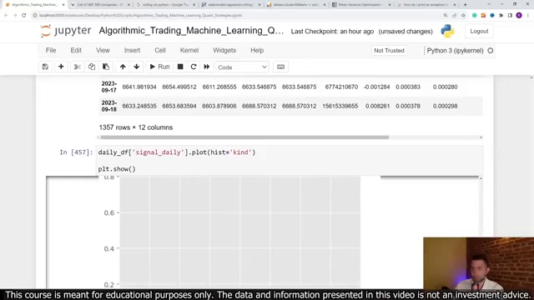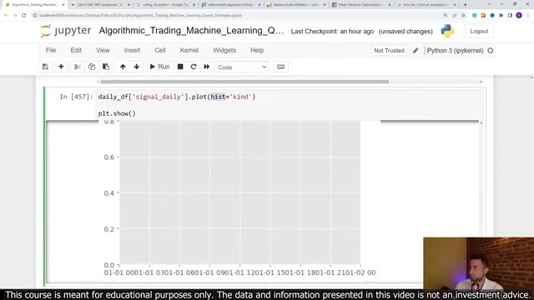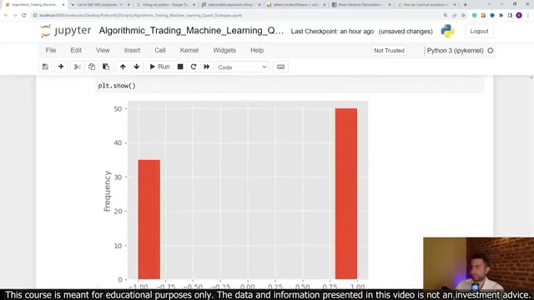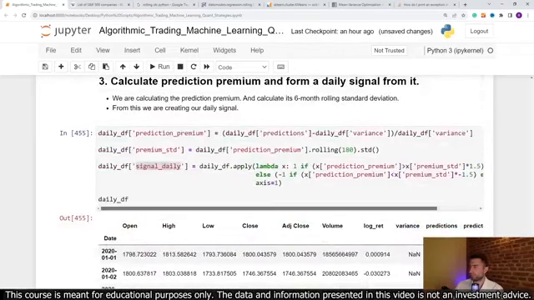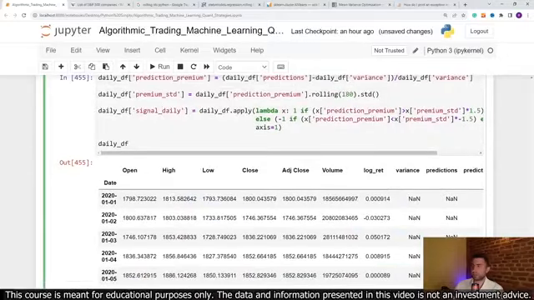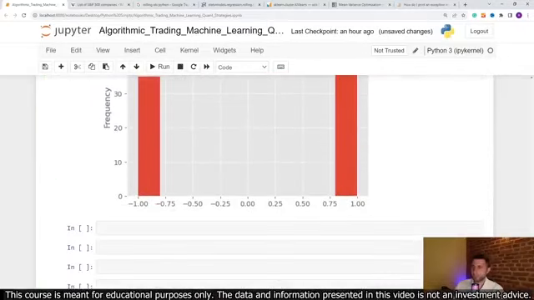Okay, so what is the problem? Funny. Okay, so now we can see that we have around 50 long signals and then around 35 short signals. And with that, we are ready with our daily signal, guys, and we can move to the intraday part